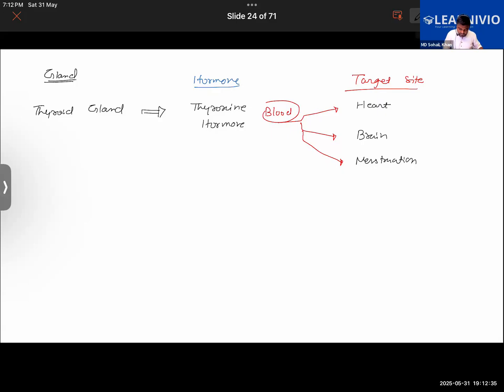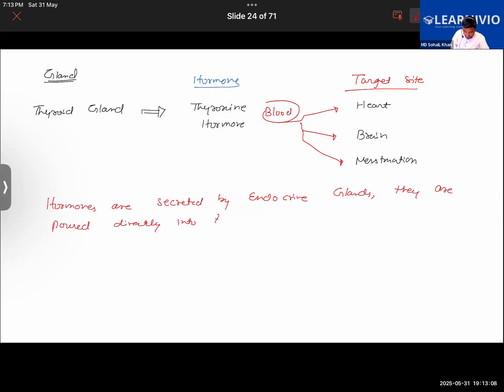Okay, so let me write a very important line about the hormones. Hormones are secreted by the endocrine gland or exocrine gland? Tell me. Endocrine, exactly. So hormones are secreted by endocrine glands. They are poured directly into the blood and carried throughout the body